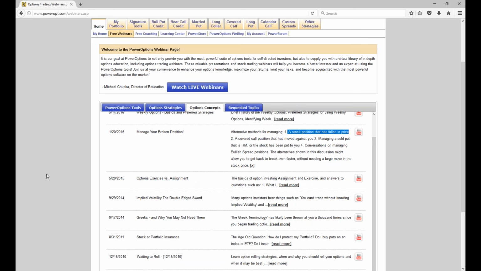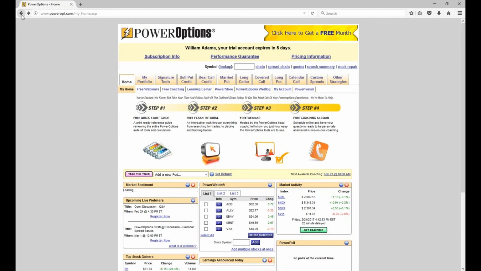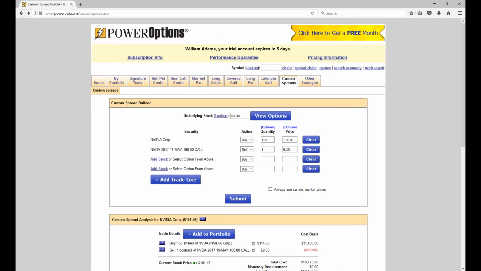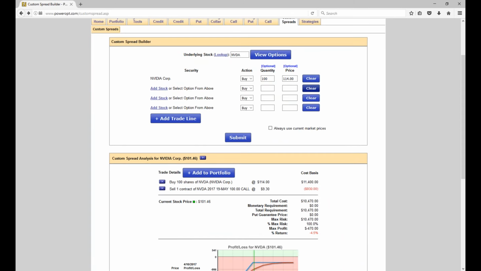I don't know your cash situation. I don't know your account size, but you might be able to get a better stock repair if you average down, if you have the capital. I'm not always a fond proponent of throwing good money after bad, meaning adding another $10,000 to buy another 100 shares of NVDA. But here what I want to show you is if we bought another 100 shares at 101.50 and with our cost basis of 114, we're going to have a new cost basis of around 107. So now you have 200 shares at 107.